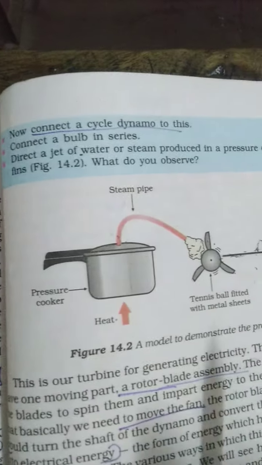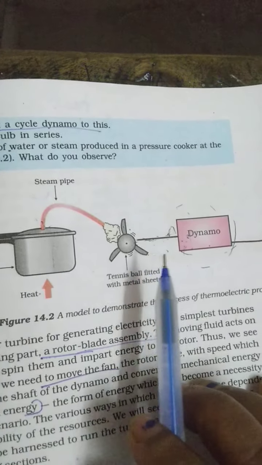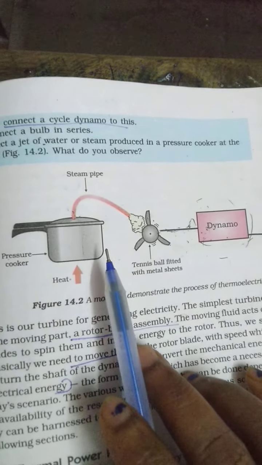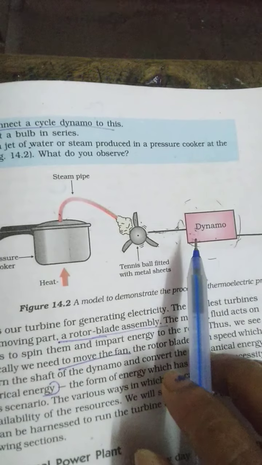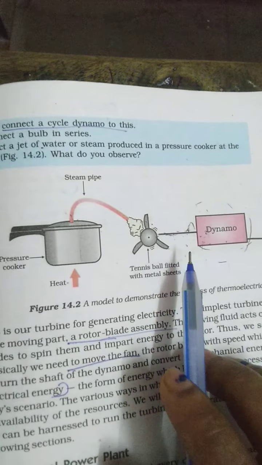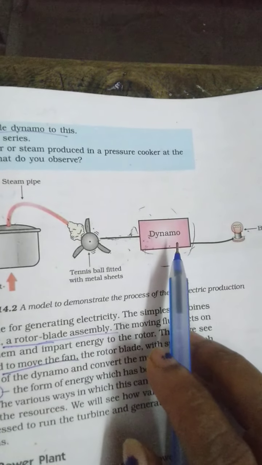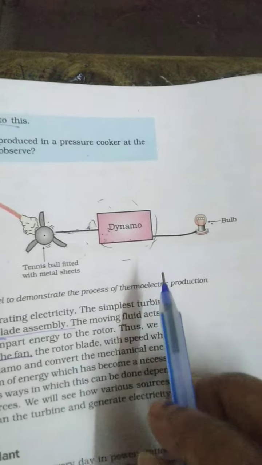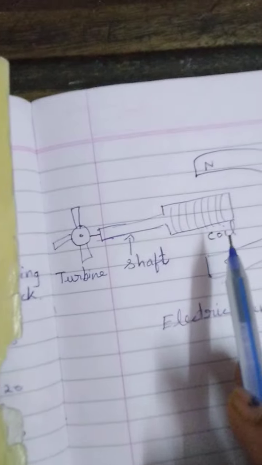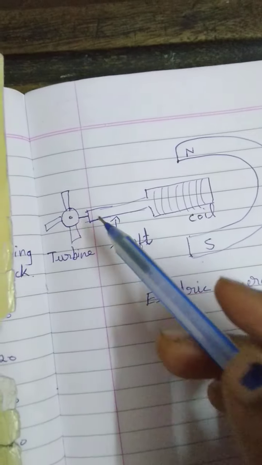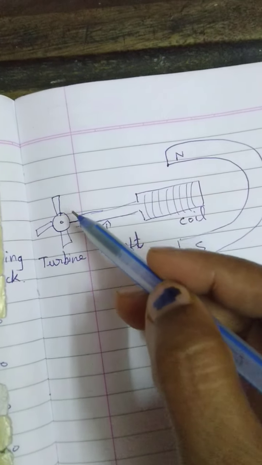And this is one activity given, through which at home we can see how fossil fuel is used to generate electricity. Before we see it, let us see the functioning of the dynamo, that is, how the dynamo, which is called the electric generator, works. Now see this diagram. This is one turbine. A turbine is a wheel having blades.